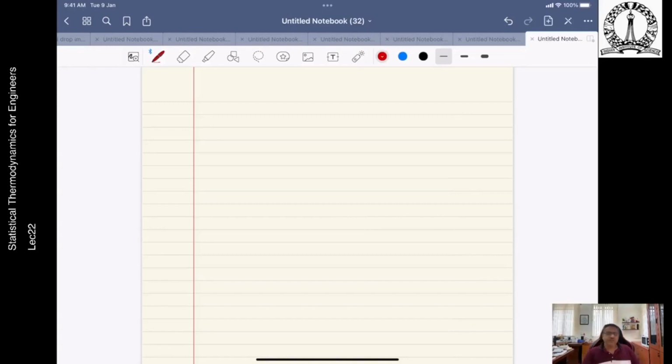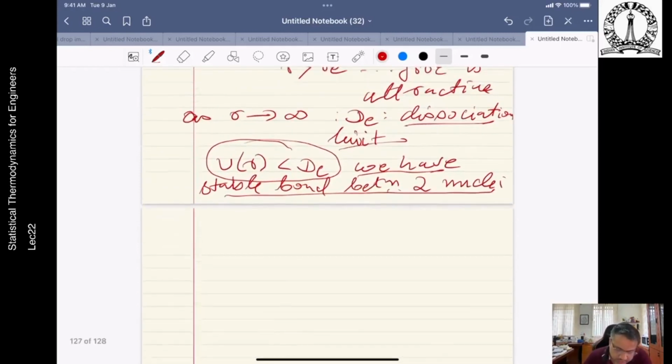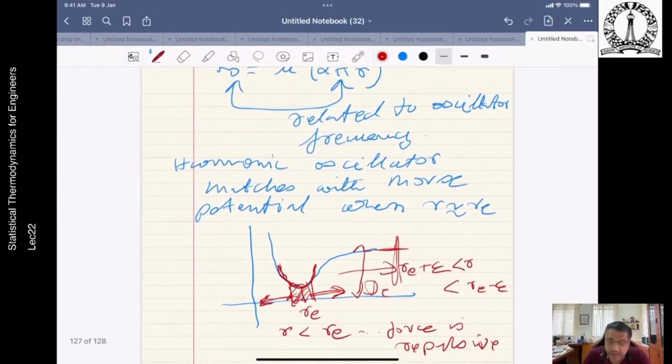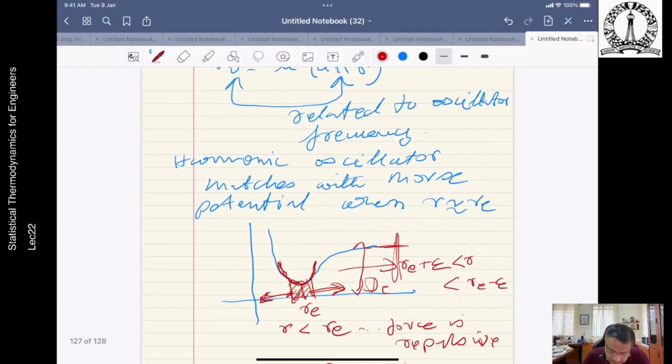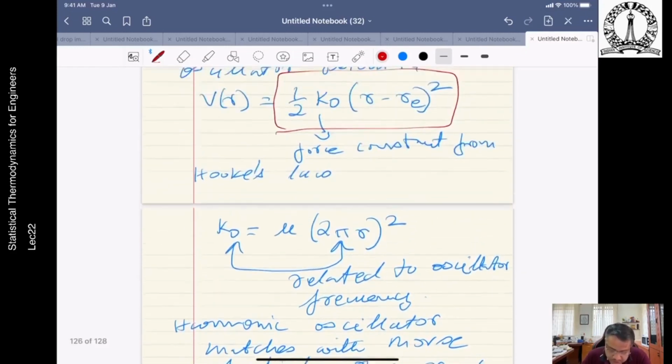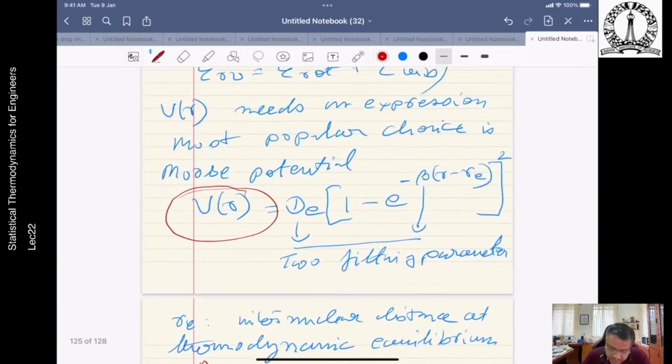Welcome to lecture number 22 of this Statistical Thermodynamics for Engineers. Previously, in the previous section, we found out that when you analyze the vibrational mode of energy, we can use something called a harmonic oscillator, which is close to the actual Morse potential. And the Morse potential, if you recall, is given by these two fitting parameters. Out of that, this parameter dE is particularly important because it designates the